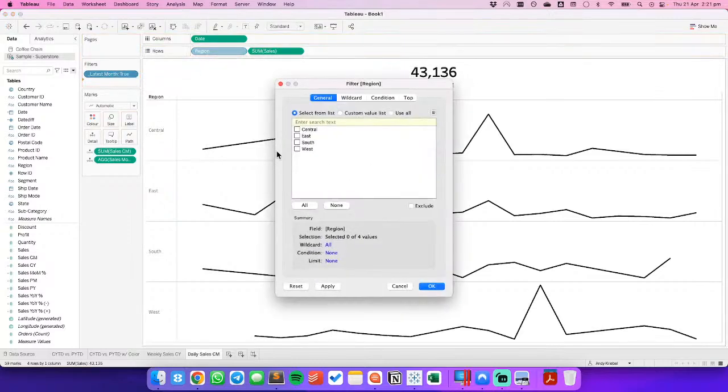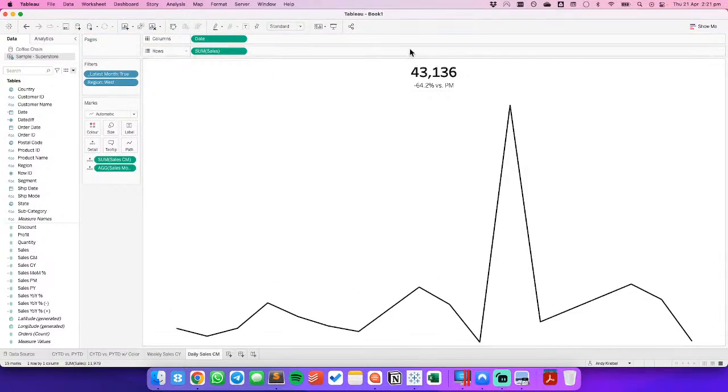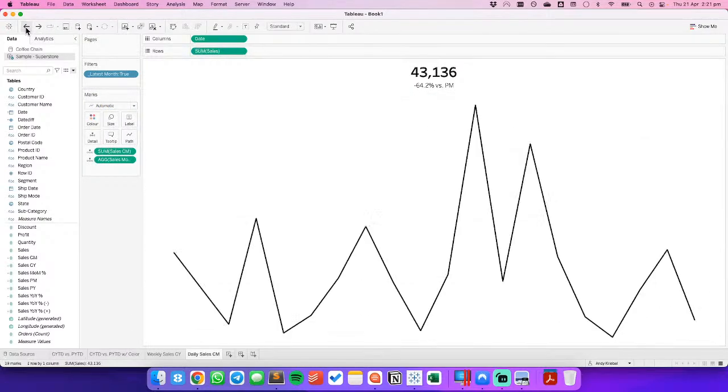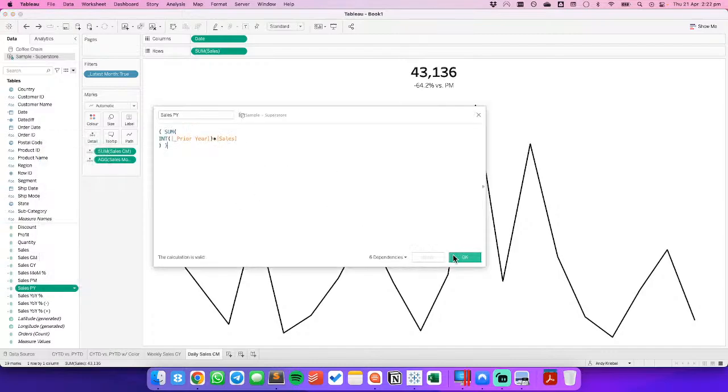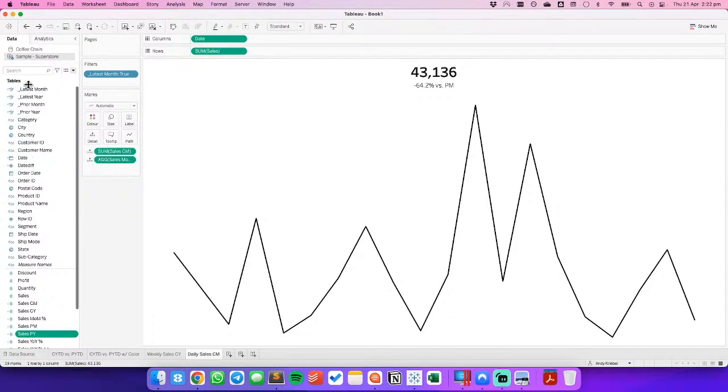If I want to filter to a specific region, notice that 43,000 is still there. So I need to turn this region field into a context filter, and there we go. Okay. Oh, I think one thing I forgot to do, though, is with my, where's my sales prior year? So I did, let's see, I think I need to do,